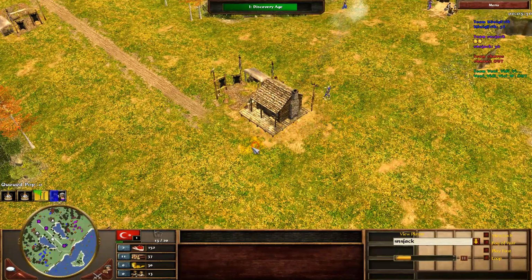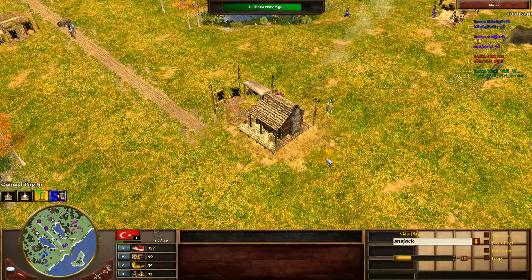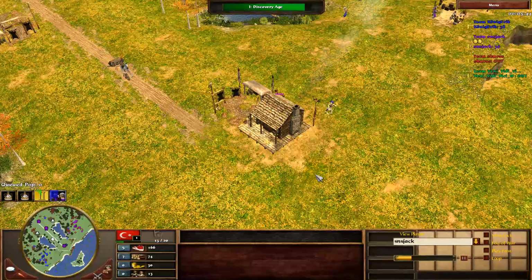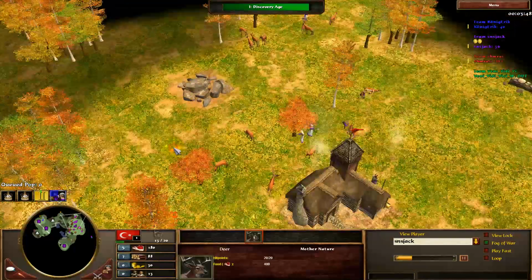A lot of people will just send their explorer over to this trading post because they know the Ottoman player is likely to build it, and then you can attack it and pack him down, and that's really difficult for Ottoman players. They only get the one unit, though he has found his first hunt, so I guess it wouldn't be that much